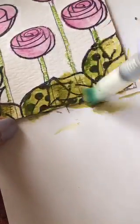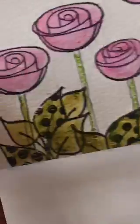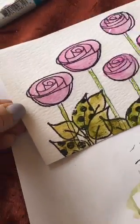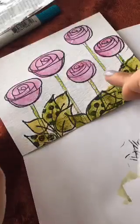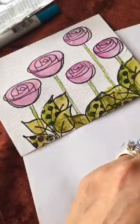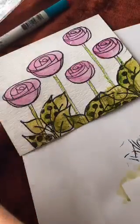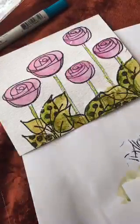So if the crayon isn't moving, it means I haven't prepped my surface enough. But you get the idea. Right? Yeah, it's pretty cute. Okay. I think I went too much with the olive on there. Anyway, that's fine. So what I wanted to say is you don't always have to just apply your crayon direct